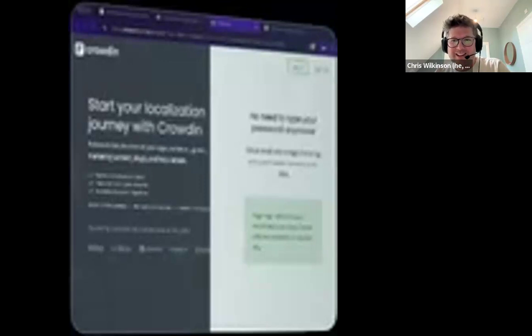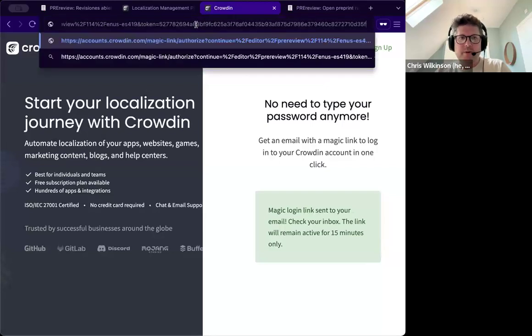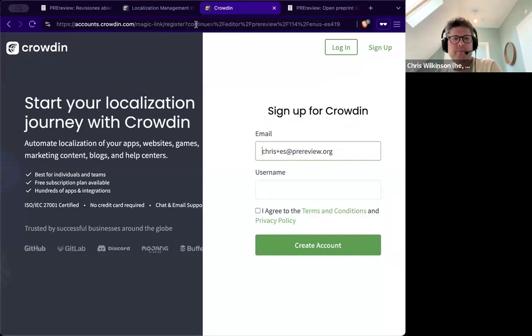That's helpful. Okay, so I've just copied the link that was in my email and I'm going to paste it into my browser. It now gives me the option to sign up for CrowdIn. It just wants a username, so I'm going to make one up for myself. They have some terms and conditions and a privacy policy to agree to. If I click Create Account,